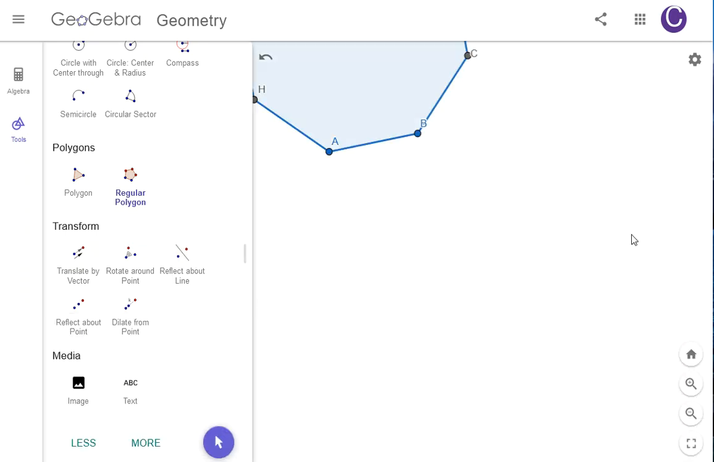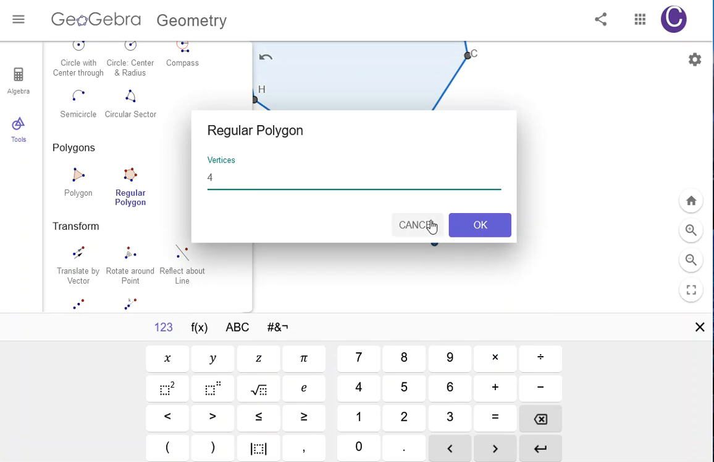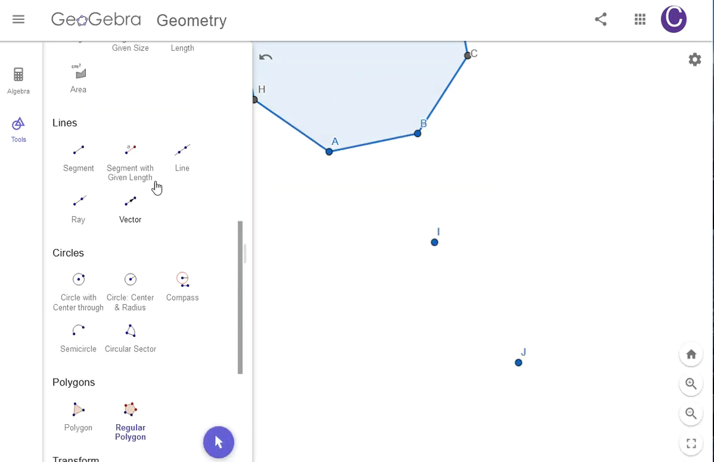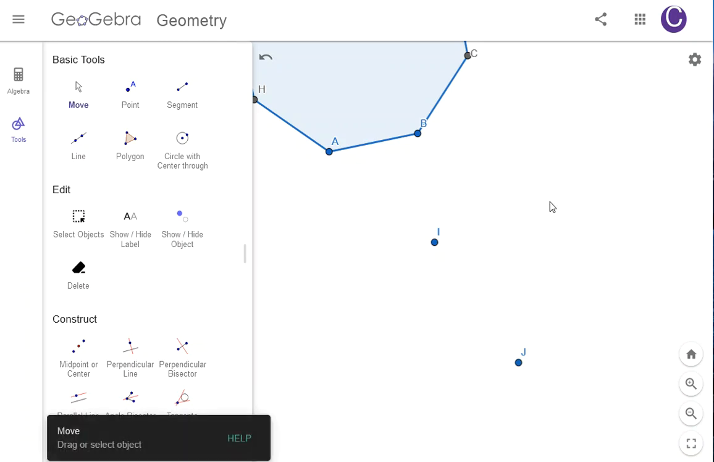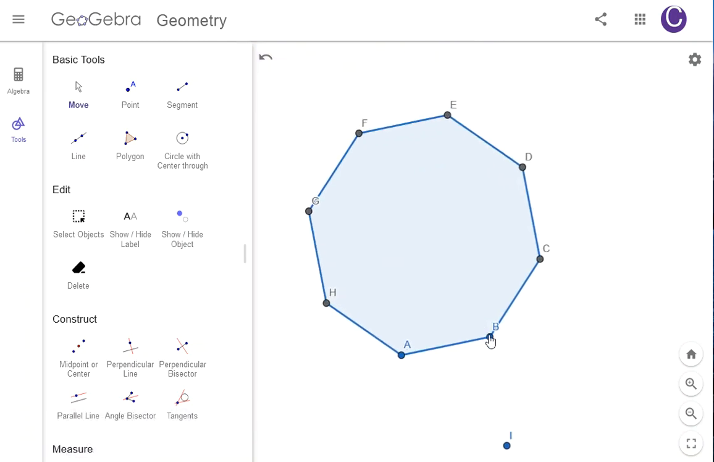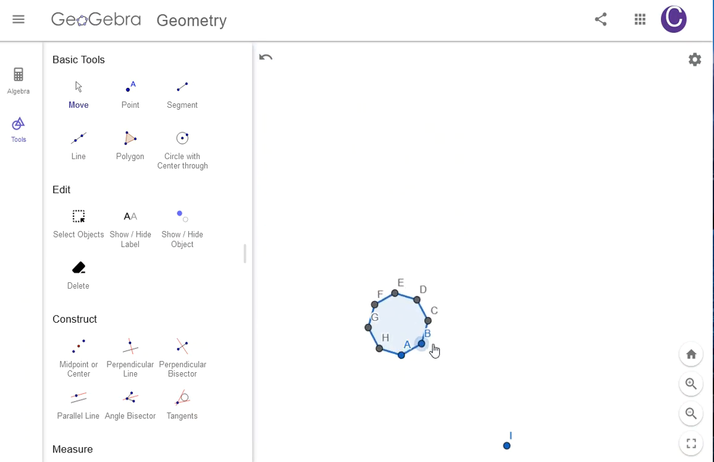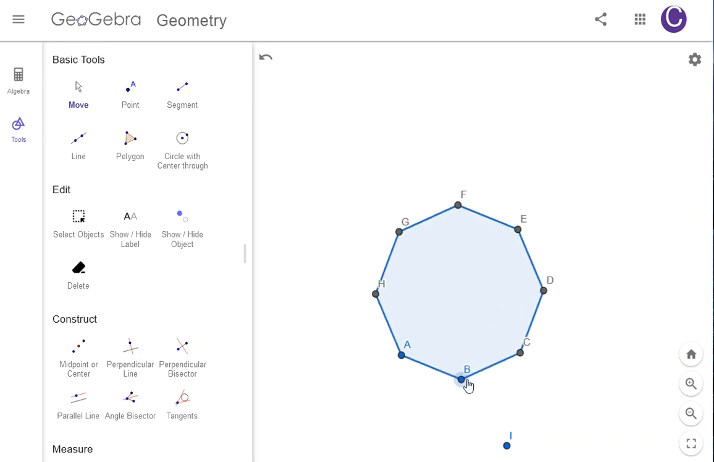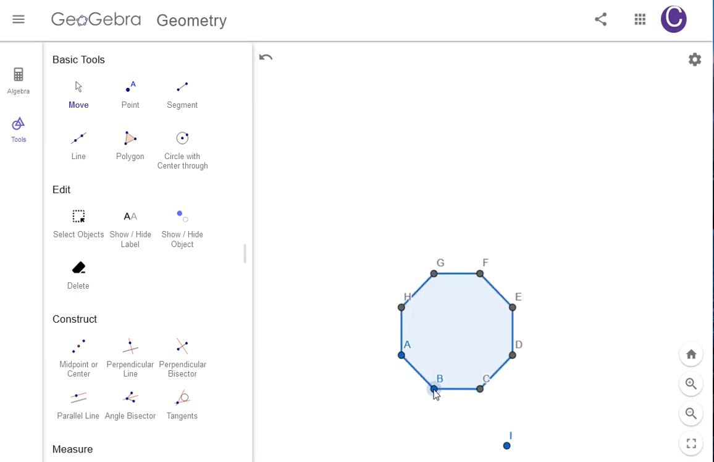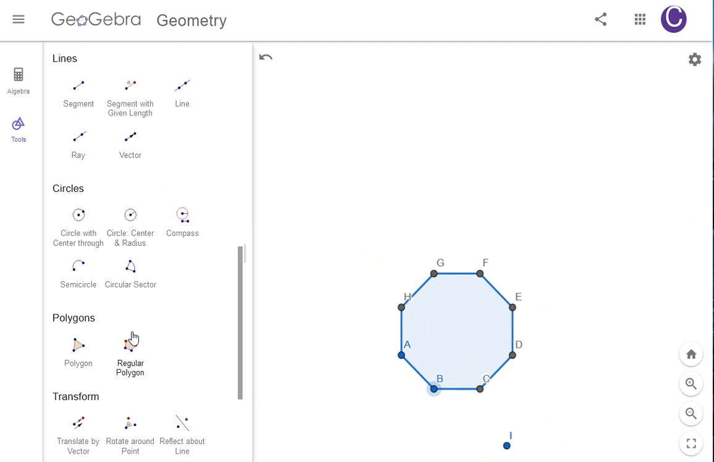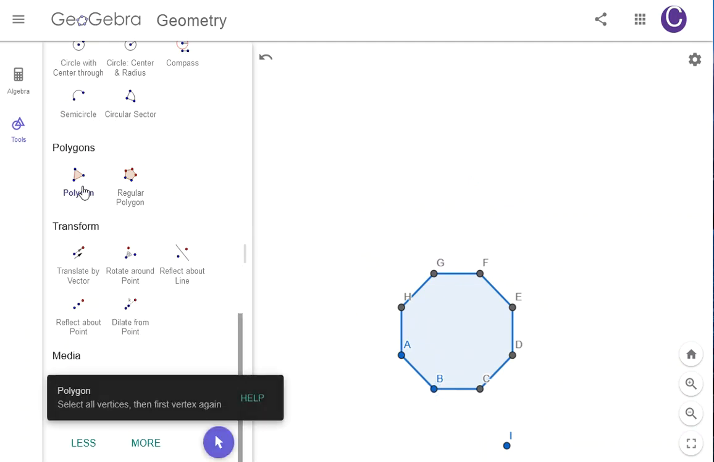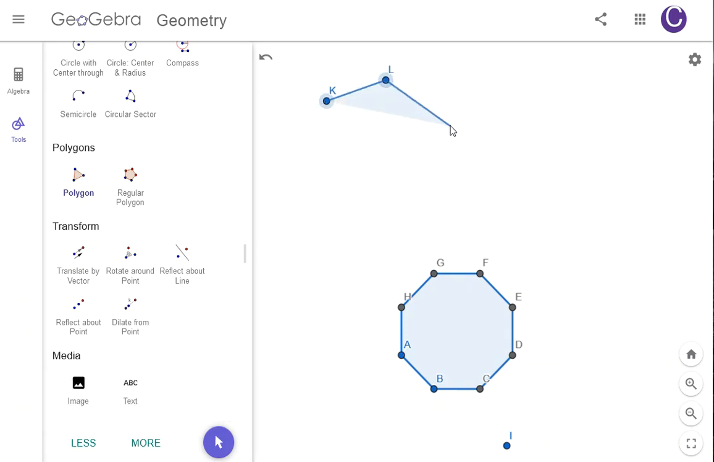And I hit OK. Oops, now it's doing it again because I didn't go back and choose my move tool. There we go. Okay, so there's my 8-sided regular octagon. I can make it bigger or smaller, but notice all the angles are equal and all the sides are equal. That's called a regular polygon. Now I could do an 8-sided polygon that's not regular. Just go 1, 2. I just selected polygon here. So 1, 2, 3, 4, 5, 6,